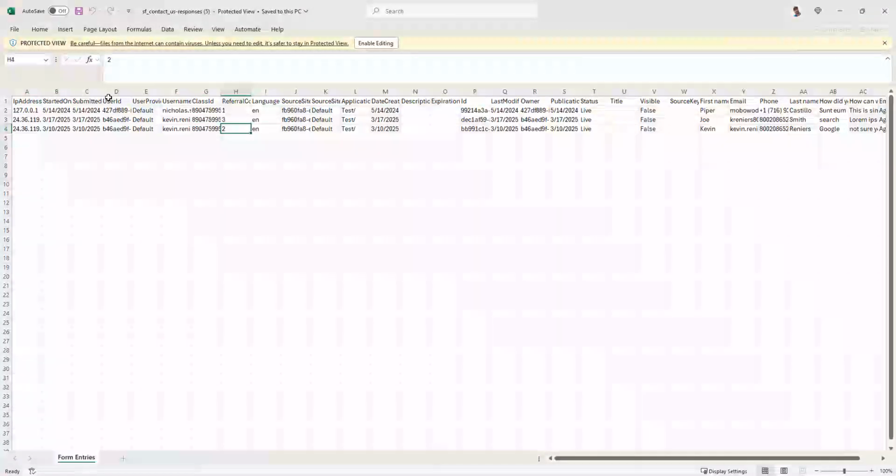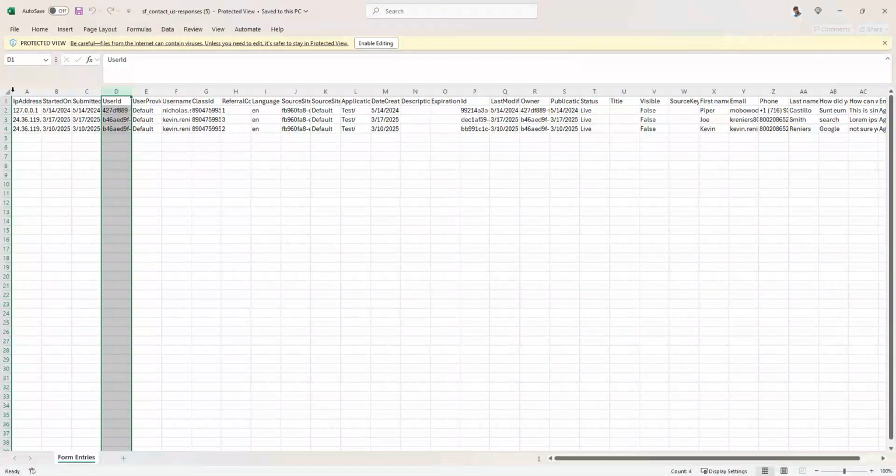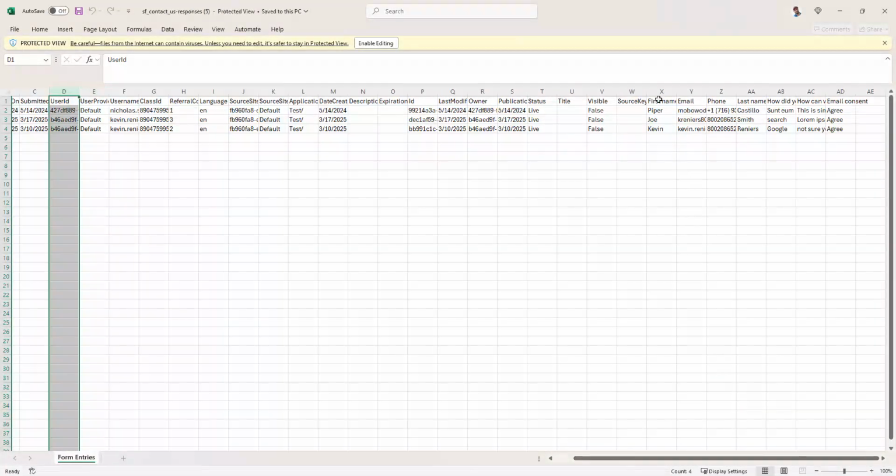Now, there'll be some extra columns that you might want to clean up that don't mean anything, like user ID and IP address, but the form responses are all there. Like there's first name, email, phone, last name, how did you hear about us, etc. So that's how we download form submissions into an Excel